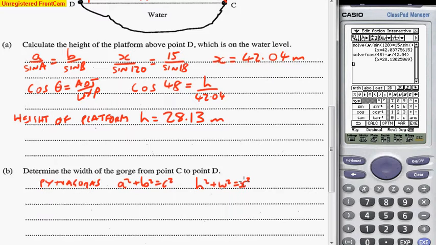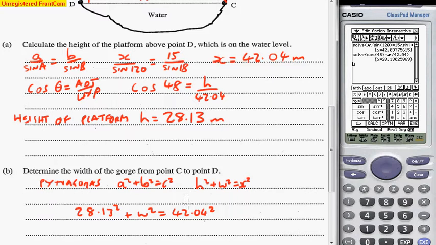Oops, x squared. And I know what my h is because I just worked that out in the previous part of the question, so I'm going to have that 28.13 squared plus w squared equals, now x over here I did before was 42.04,